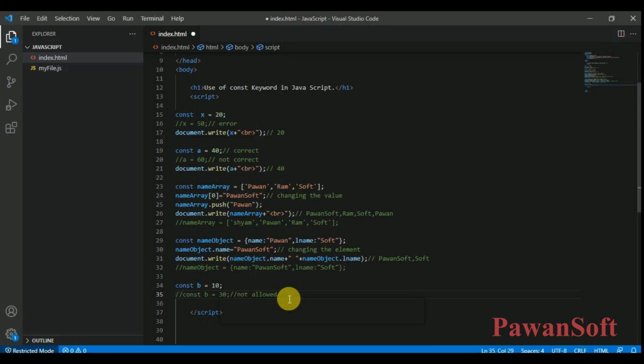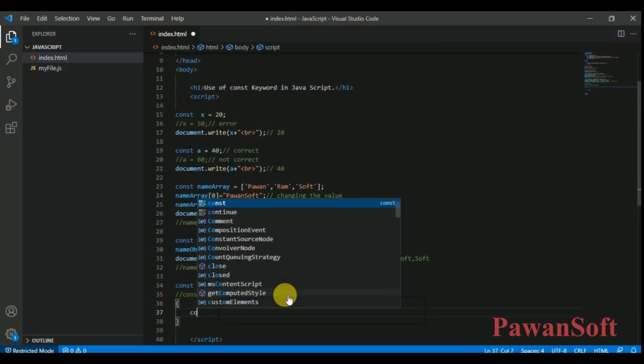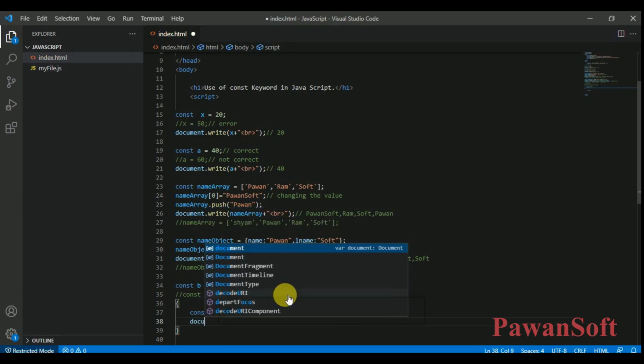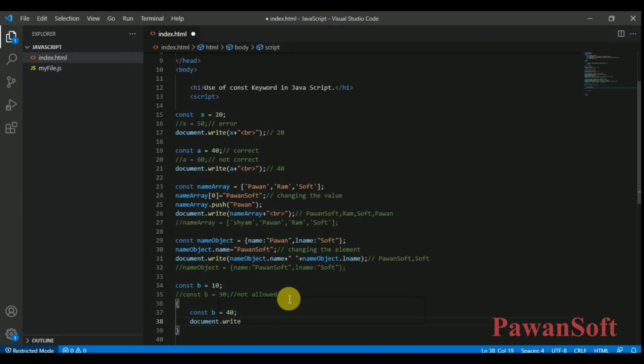Okay, but let's declare the constant b is 40. Okay, we will print here document dot b. Here it will give you 10 and here it will give you 40.